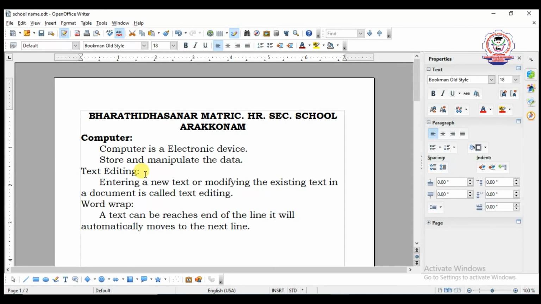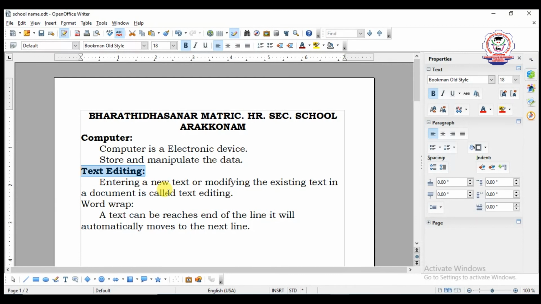Suppose you do not need to select further, you can release the button. Make a selection using what? Keyboard. Okay, and this is selecting a text.